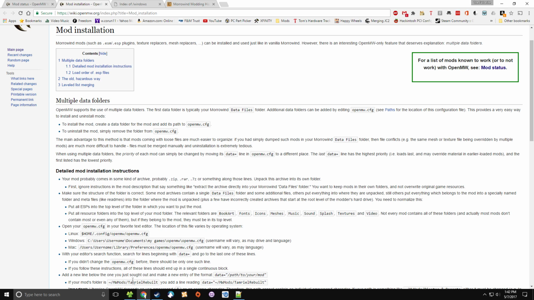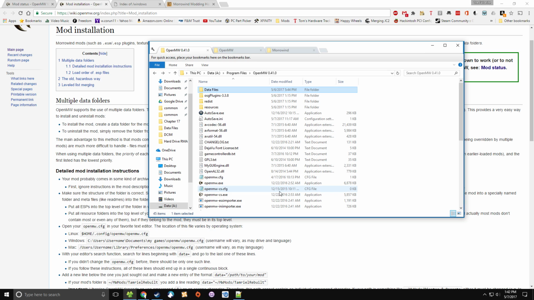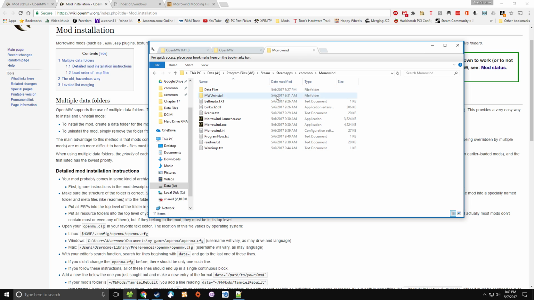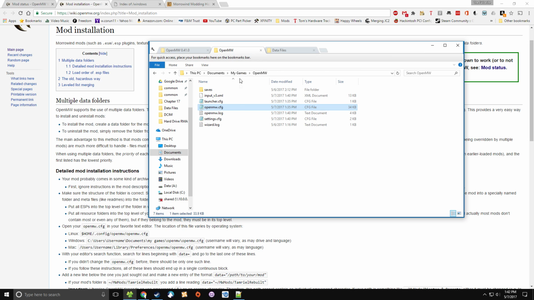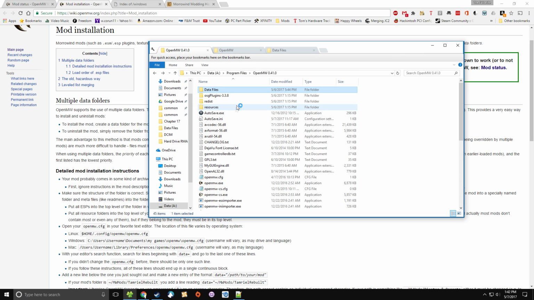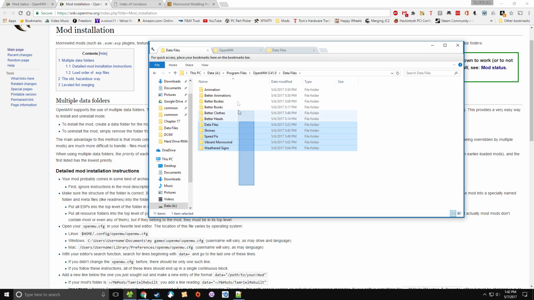So traditionally in Bethesda games, up until, well, including the more recent ones, Skyrim Special Edition and Fallout 4, you've had, and I'll even go into Morrowind here, the vanilla Morrowind, one data files folder, and all of your mods have just been exploded into this. But with OpenMW, that's not the case. With OpenMW, you can actually have multiple data file paths